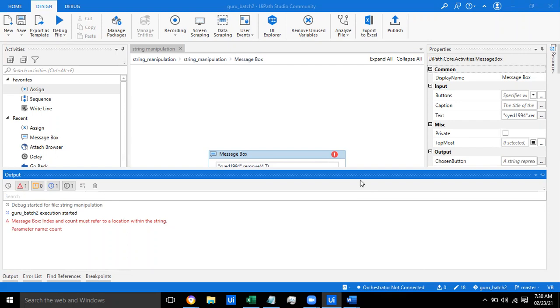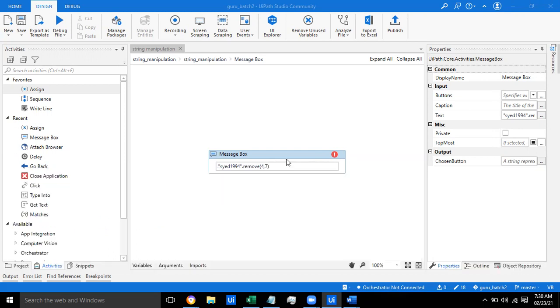1, 2, 3, 4, 5, 6, 7. I think 7 is more than the length. Try 6. Replace 7 with 6. Same thing here: in Syed 1994, S is 0, Y is 1, E is 2, and D is 3.